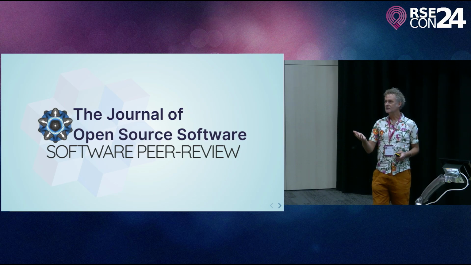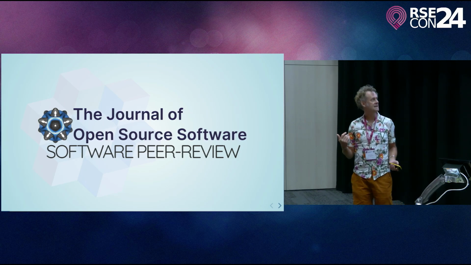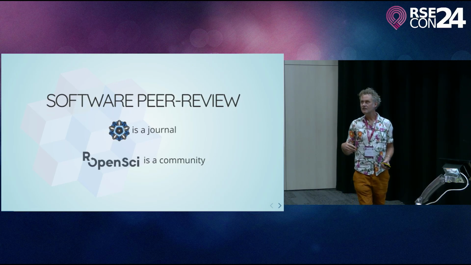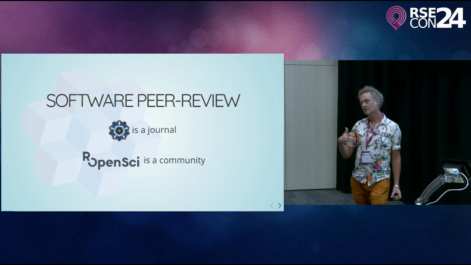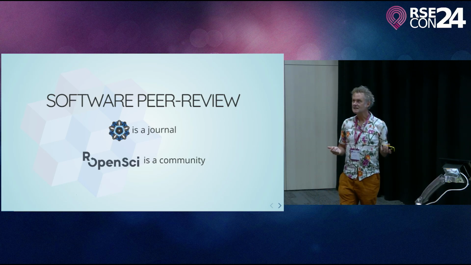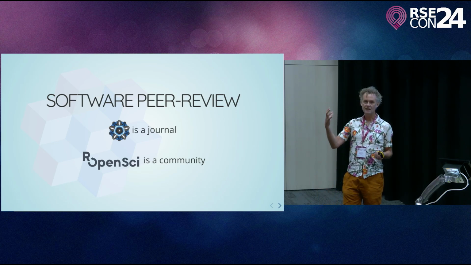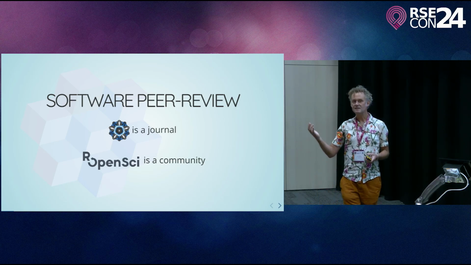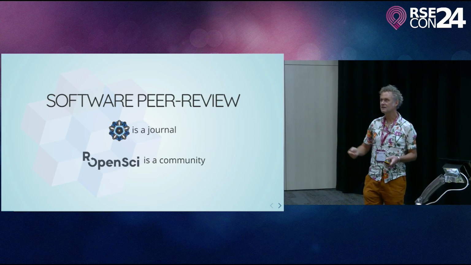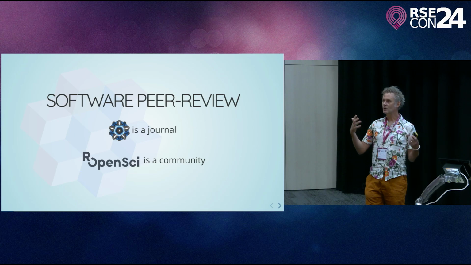Arvon pointed out there that JOS and rOpenSci have worked together very closely throughout the development of the two systems. The differences between them are primarily, there are a lot of subtle differences, but some of the major ones is that JOS is in effect a journal. At the end you get this published artifact, whereas rOpenSci is also a journal. It doesn't publish a paper in the sense that JOS does, but it has a lot more of a community around it.